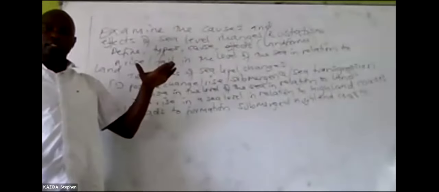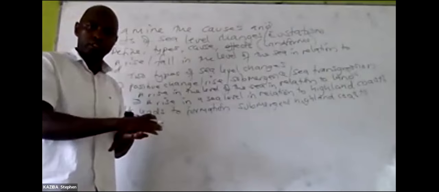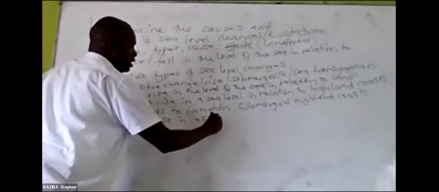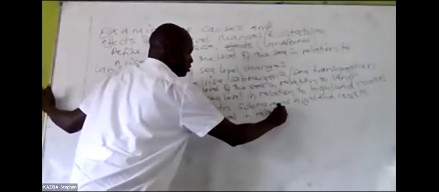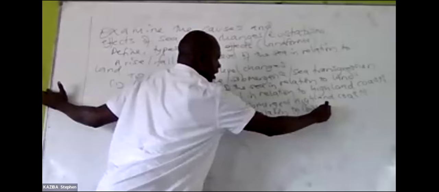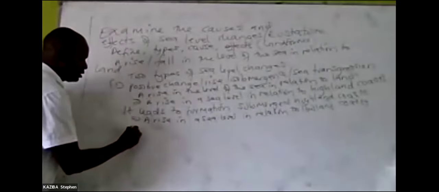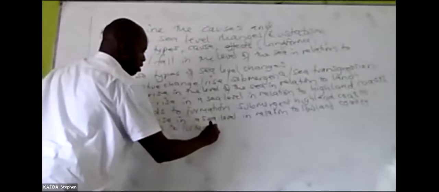So if our water level rises, under positive change you have two types. We have a rise in the sea level in relation to a highland coast, so the resultant feature is a submerged highland coast. Then where we have a rise in the sea level in relation to lowland coasts, it leads to the formation of